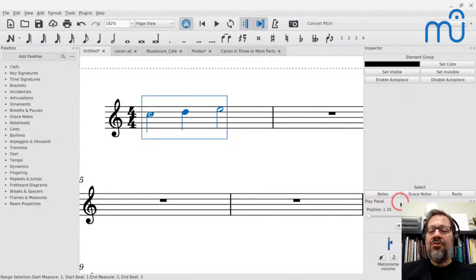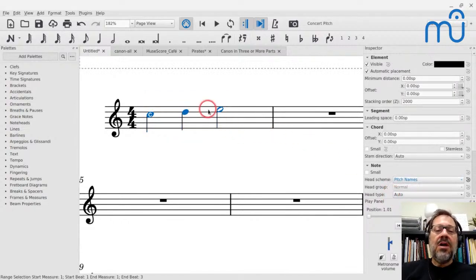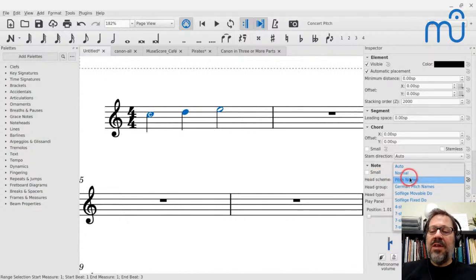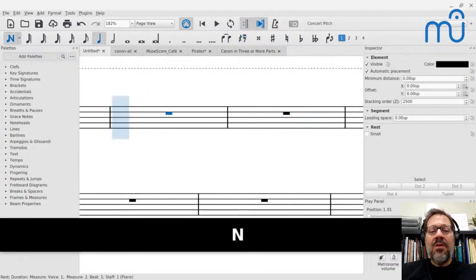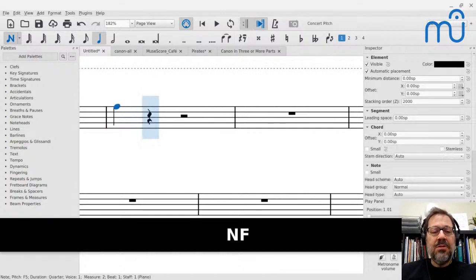So once you've made a selection, click the notes button, and now you'll see only the notes are selected, not that whole range. Now is when I get these nice options to set the head scheme to pitch names. I have to change it to something else first because it was a mixed selection, right? Some of them were already changed. Some of them were already on pitch names. Some of them weren't. So I change it to normal, now to pitch names. And now they're all pitch names. But that only applies to notes I've already entered. If I enter some new notes,